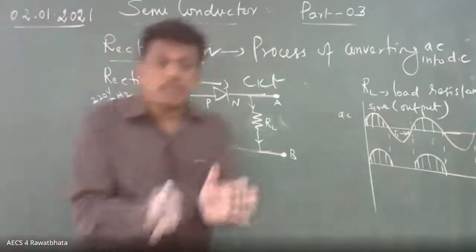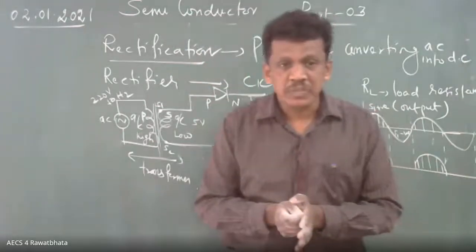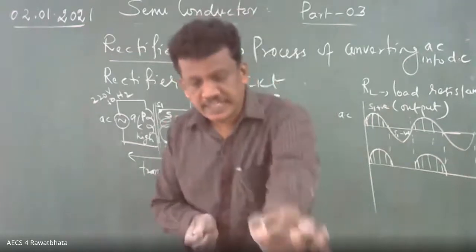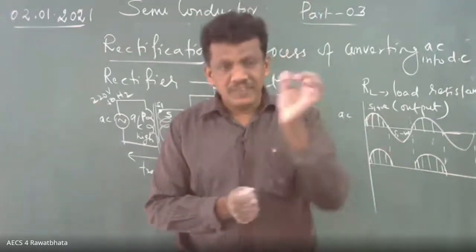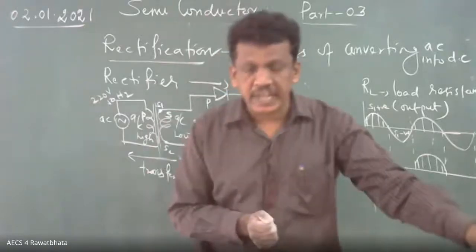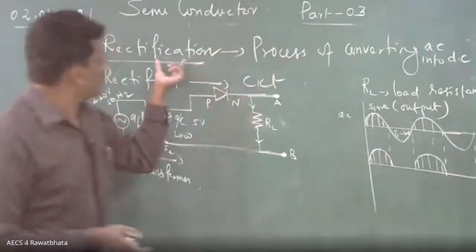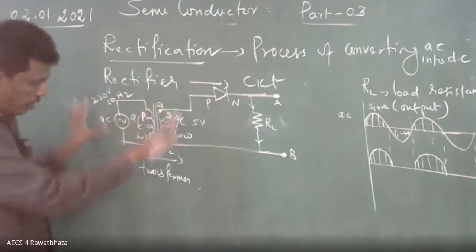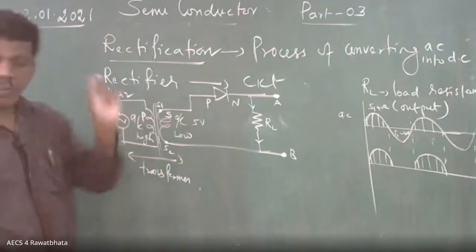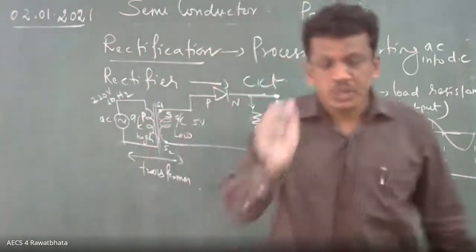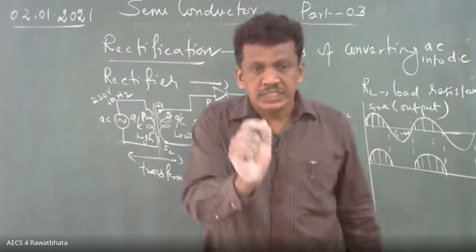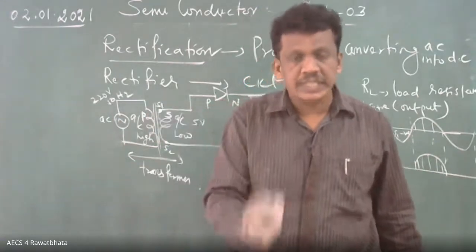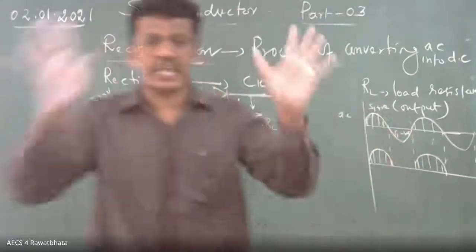Then what is the principle of a rectifier? During forward bias, the diode conducts electricity; during reverse bias, it does not conduct electricity. Please, all of you write. Already you have written what rectification is. Next, what is a rectifier? You might have copied the circuit diagram. Now the principle you have to write: during forward bias, the diode conducts electricity, and during reverse bias, it does not conduct. All of you write.